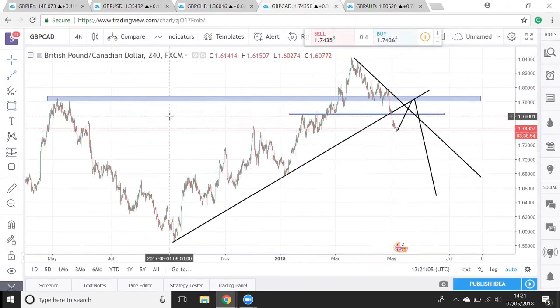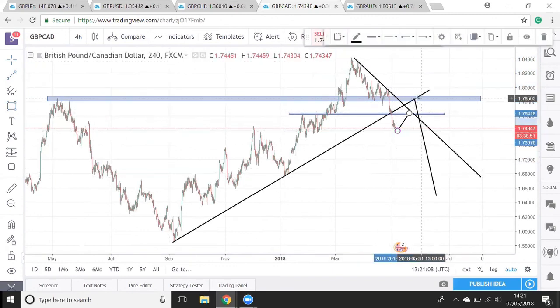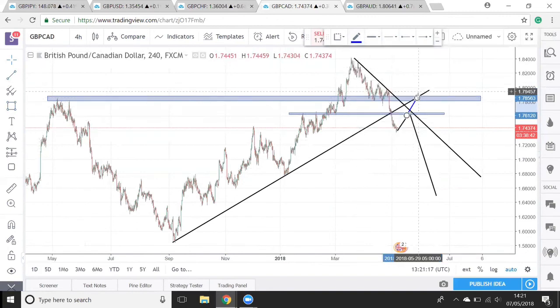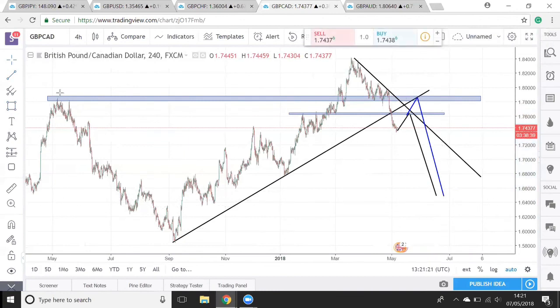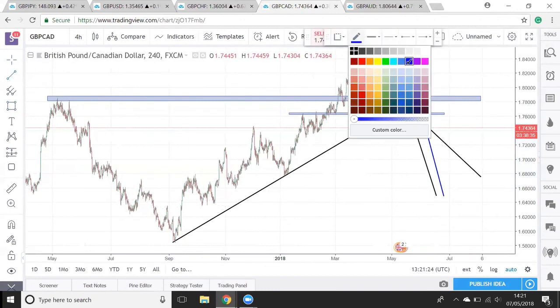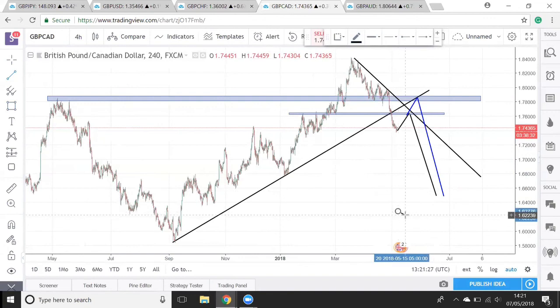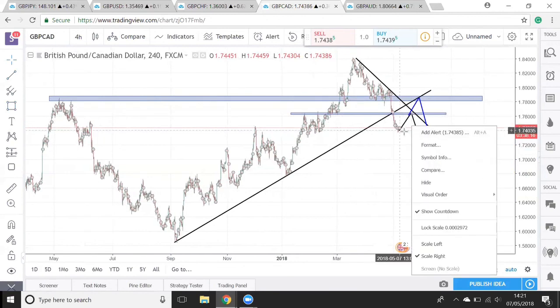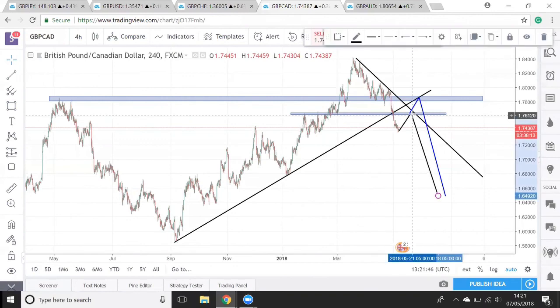Okay, so we have this trend line here, so we might do that. Either way, we will look to take a sell. If both these zones are taken out, then you just wait for this level to be taken out and a retest of this level, but I highly doubt that would happen. So I'm looking at these sells if we get confirmations to take them for this week. If we get this one, it'll be over this week. So yeah,